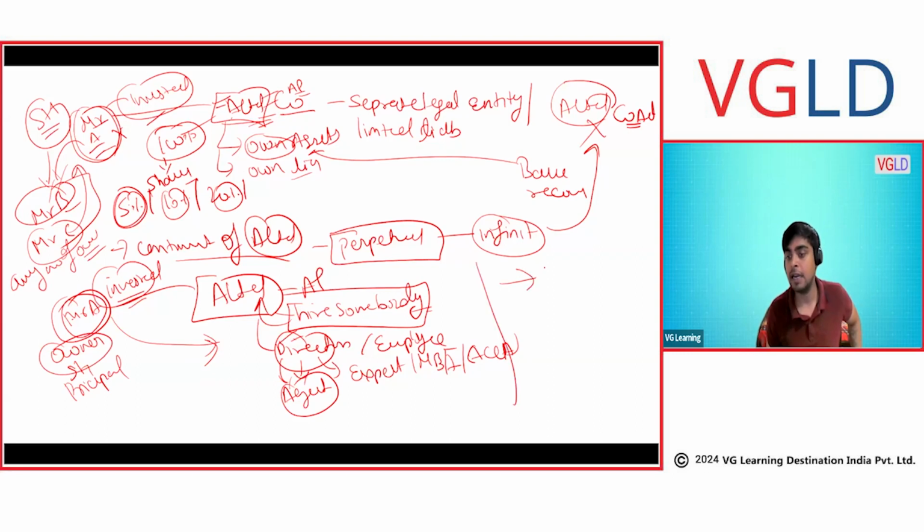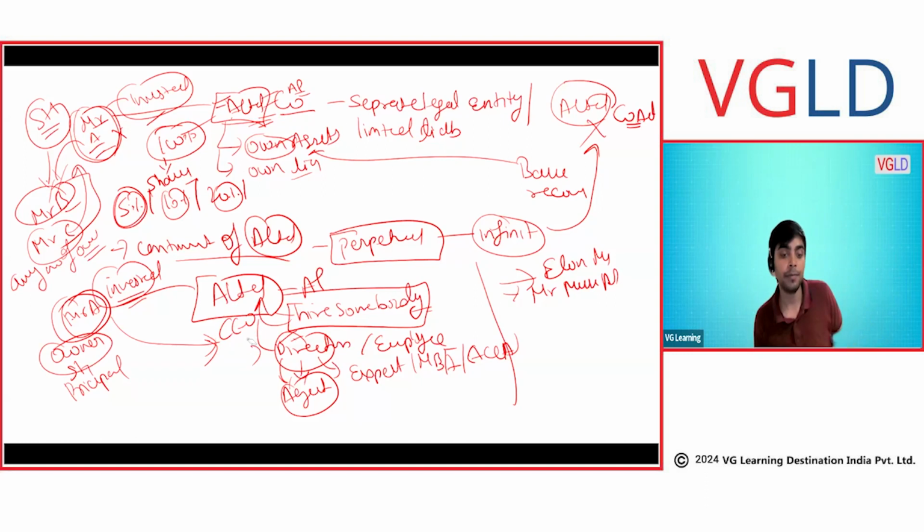An example in real life would be, let's say, Mr. Elon Musk and Mr. Mukesh Ambani. These are the people who hold the shares of their companies, let's say Reliance Limited, Tesla and SpaceX. They hold the shares of these companies, so they are the owners. But at the same time, they are the directors of the company. They run the company. They are the CEO. So they are acting in two capacities: one as an employee of the company and one as an owner of the company. The owners, the shareholders, cannot run the business. The business of a company will only be run by directors.